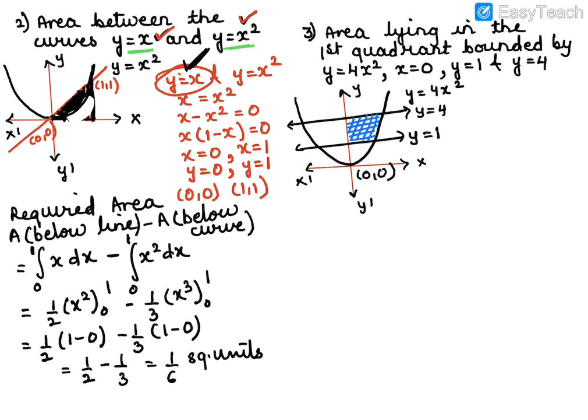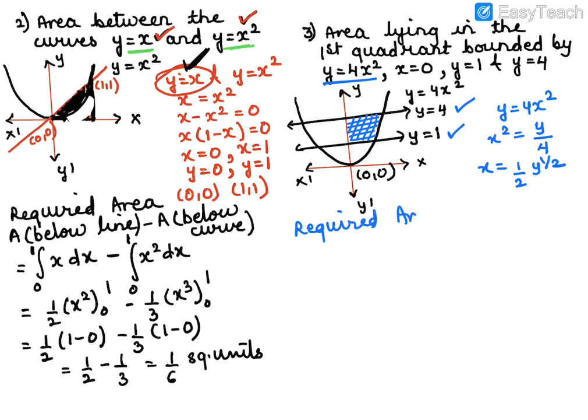Now if you notice here, the limits are in terms of y. So I should clearly know that my expression should be in terms of y. I should write something in y. What is this? This is y is equal to 4x square. So x square is equal to y by 4, and therefore x is equal to 1 by 2 y to the power half, or square root of y. And therefore required area is equal to